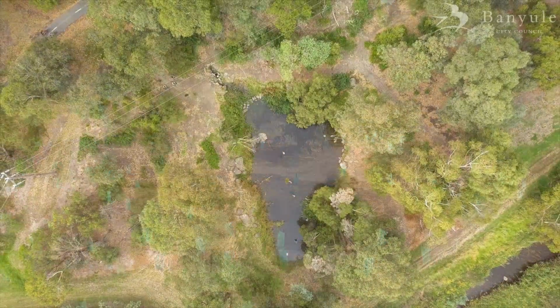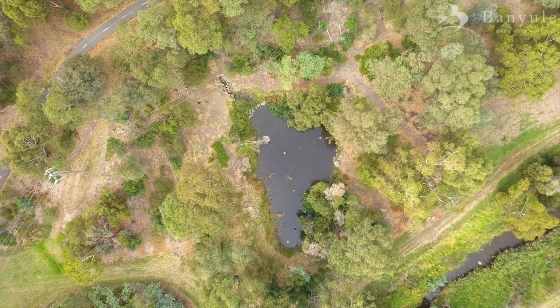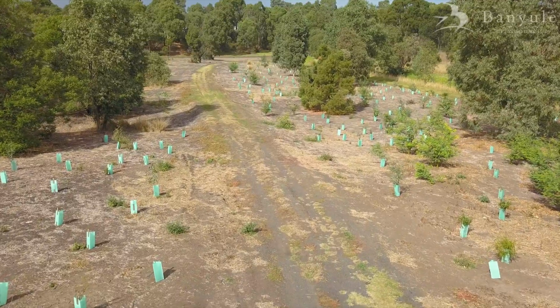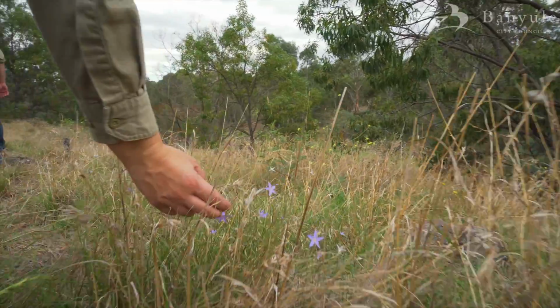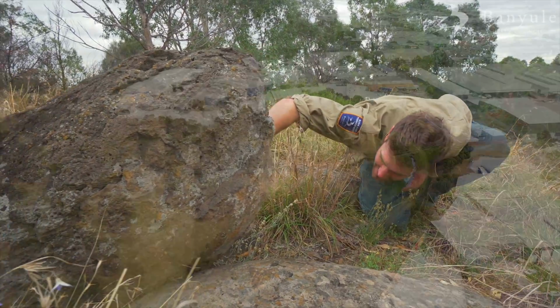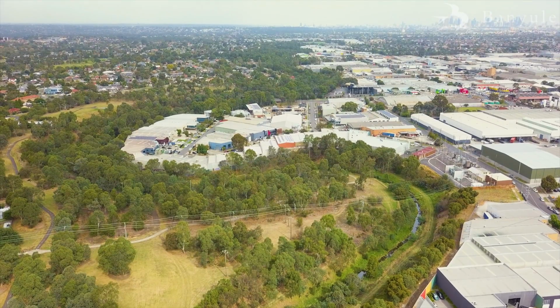Of particular note, we are lucky enough to have 6 hectares of plains grassy woodland along the Darebin Creek. This vegetation type is listed as critically endangered on the Victorian volcanic plains. Tom and I take great pride in looking after this protected vegetation type. We do this through hand weeding, spraying and burning. We hope in years to come that we can transform this vegetation to look as it did 250 years ago